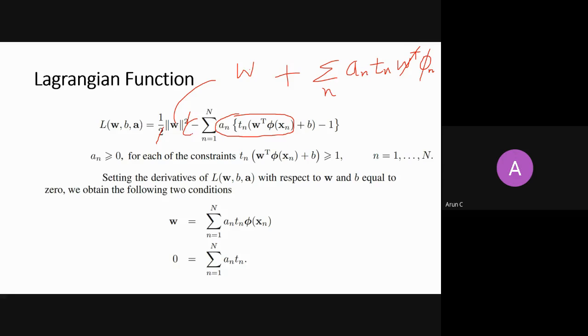So this is a negative here, right? So you bring this negative here. So this is not a plus here. This is a negative. When you put it equal to 0, this term will go on to the right hand side, and this w is on the left hand side.